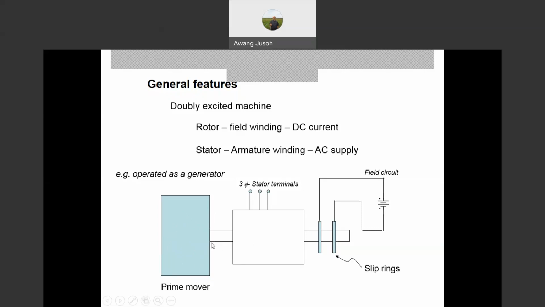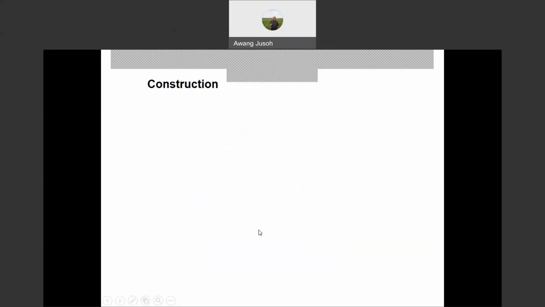So when the prime mover starts to rotate, the rotor will rotate, and when we excite the rotor, it creates the rotating magnetic field in the system. This rotating magnetic field will cut the stator conductors to generate the three-phase voltage here. Why do we call this a synchronous generator? Because the speed or the frequency of the rotor is equal to the frequency produced on the stator side. That's synchronized, the same frequency. That is what synchronous machine means.